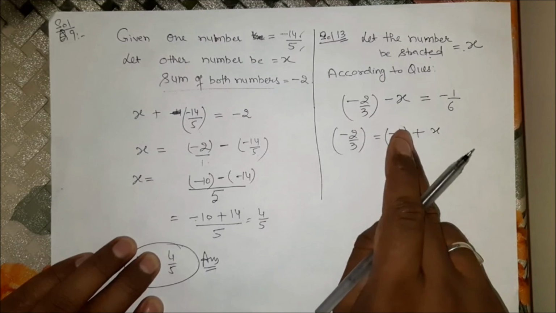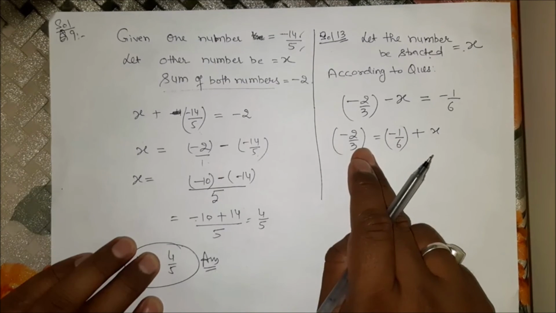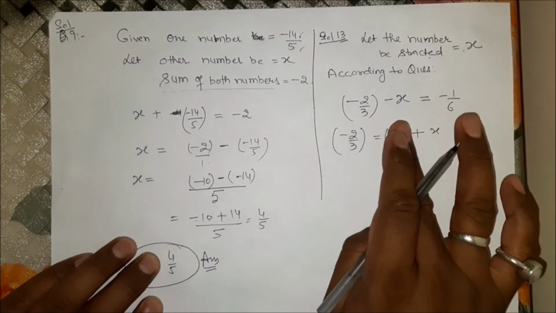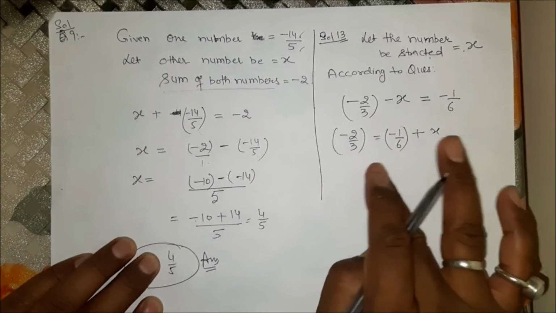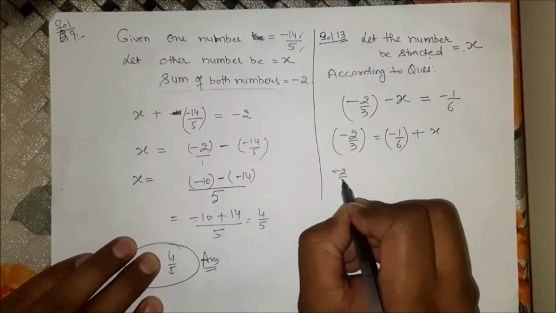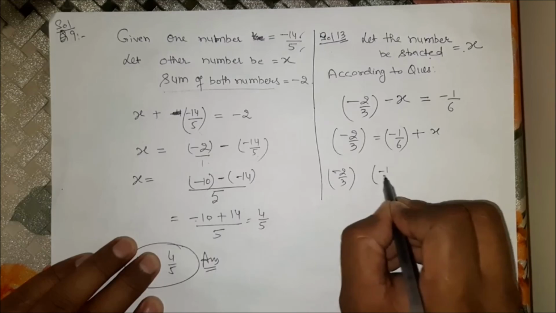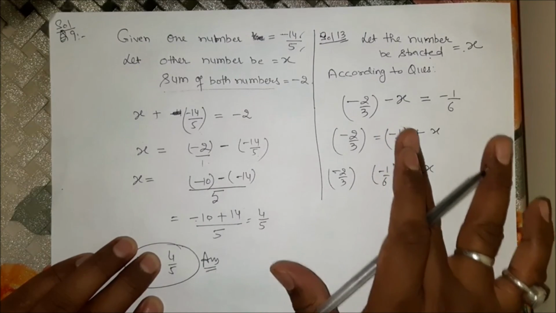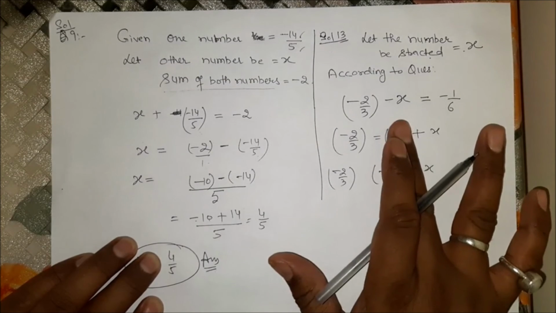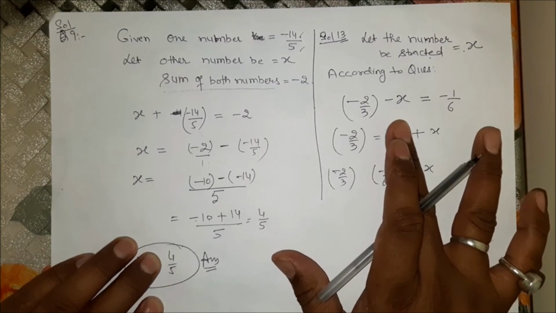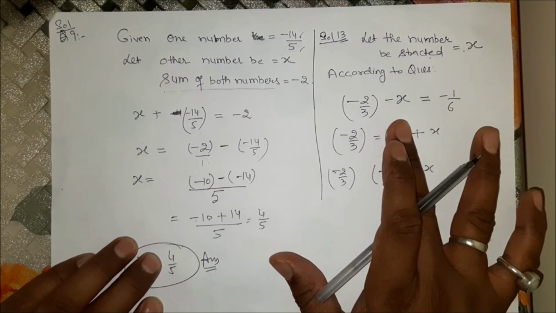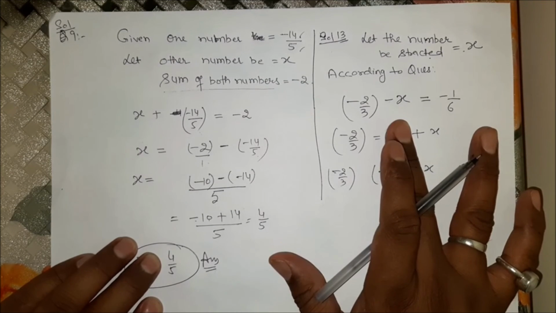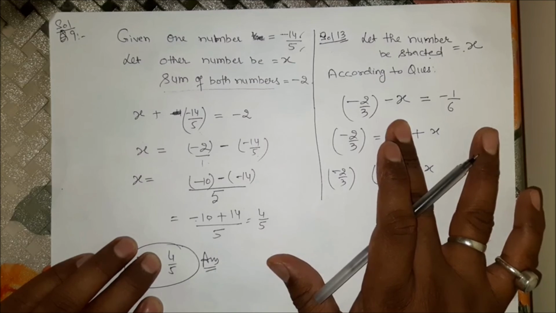Remember, we are shifting this term to left hand side. We will hide the term and put the term as it is. The number was minus 1 by 6. We will not change the sign of this term. This number will shift as it is, and you can see outside this bracket there is no sign, means it will be considered as positive. And if we shift to left hand side, it becomes negative, means outside the bracket के बाहर क्या लगेगा? Negative sign.